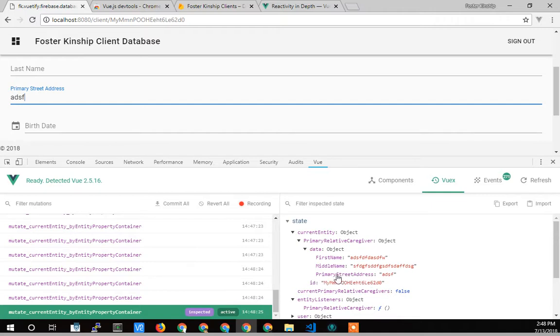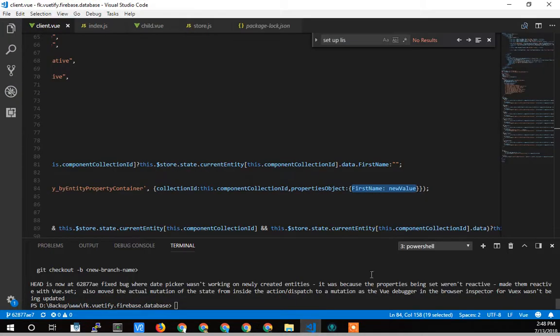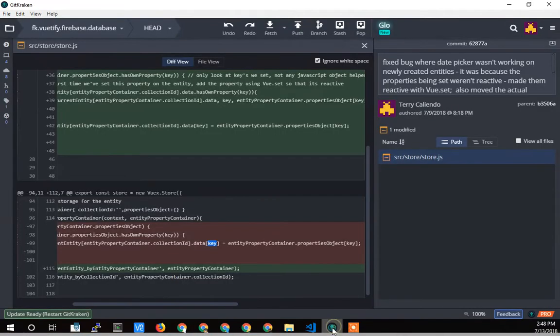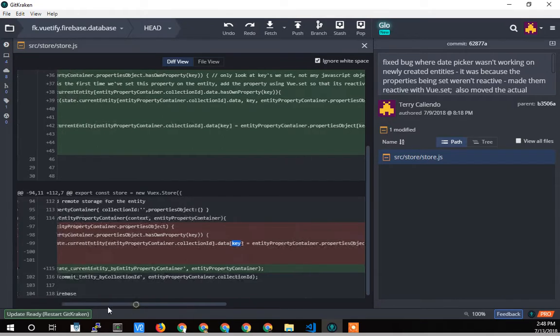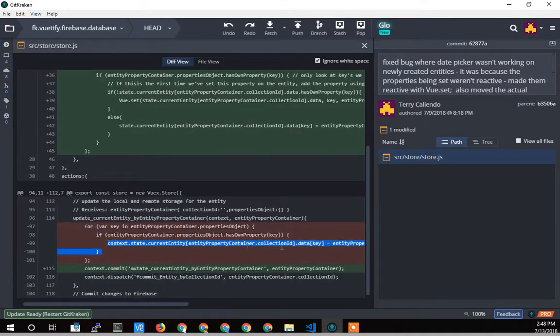So if this gets added to this data object without using the Vue.set, if I just add it there, the Vuex component, and it's not the Vue actually even itself, this here is not reactive. So not everything is fully updating. So that is why I need to not just set it directly, but to set it as